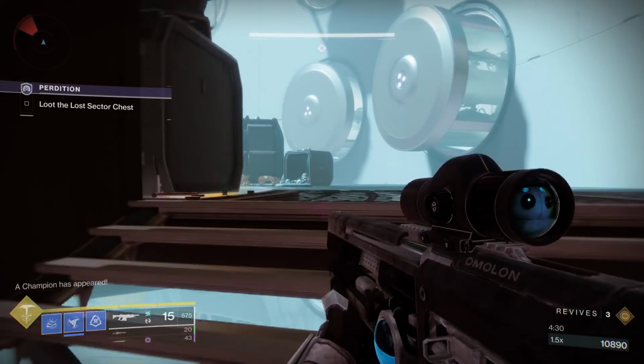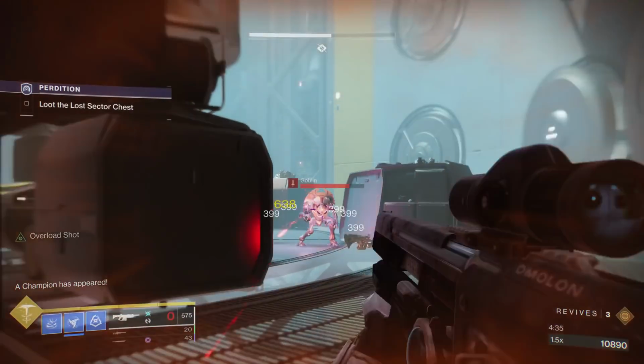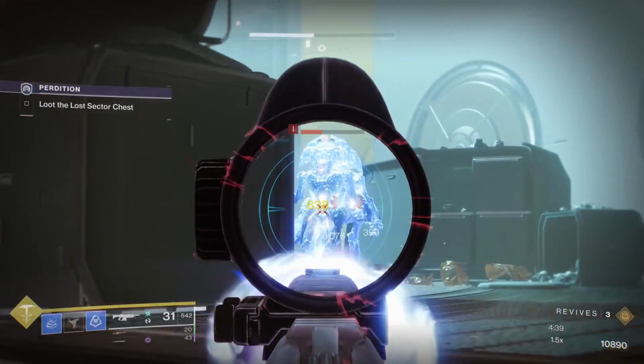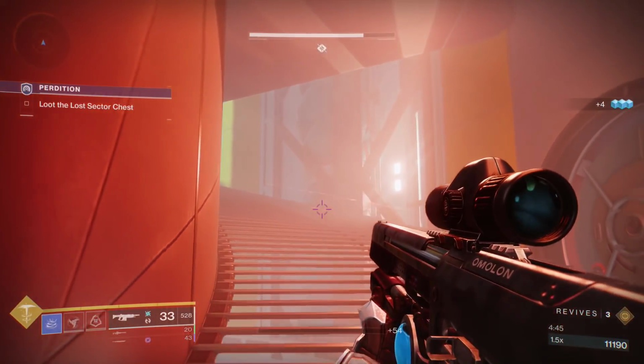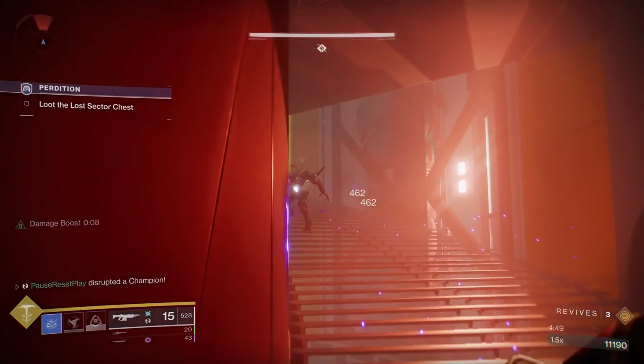So now we open up the first room. We can make our way up the steps here. And we have more champions spawning in. We have another one of those overload champions. Okay, I'm going to retreat. The best case scenario, honestly, is to make the overload champion chase you down here. And then you can more or less try...